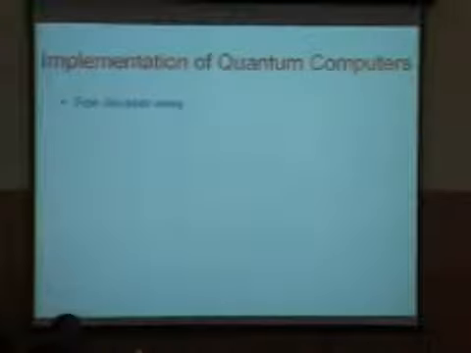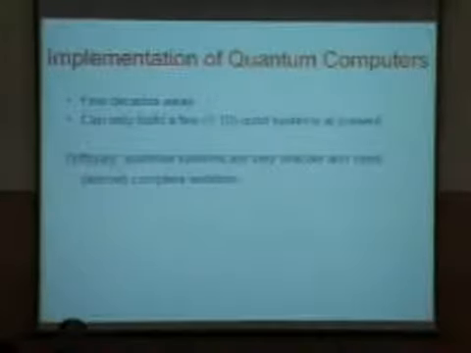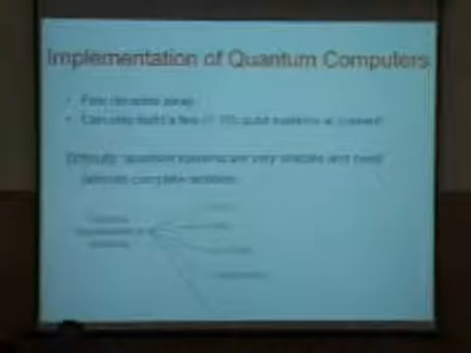So the implementation of quantum systems is probably still a few decades away. The reason is that quantum systems are very delicate and have to be almost completely isolated, at least the way we understand them now, because you need to operate at individual quantum states and we still don't know how to do that. Is there a way to do that which will not require such complete isolation? Probably not, but there is a small chance that someday someone might come up with an idea which might change the whole field.